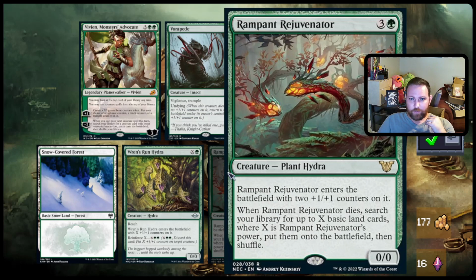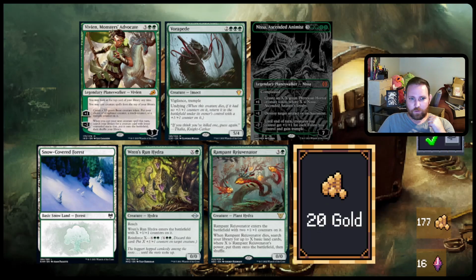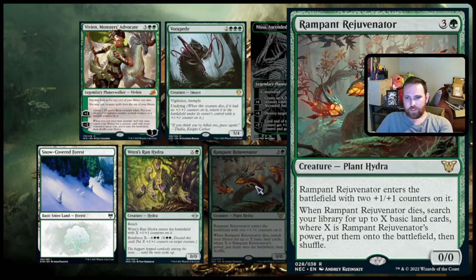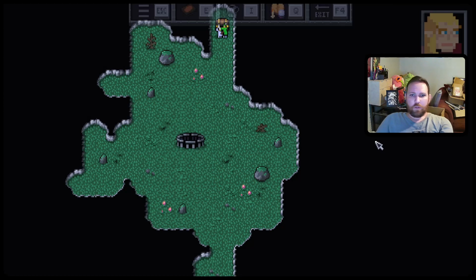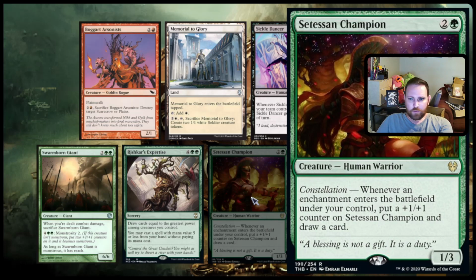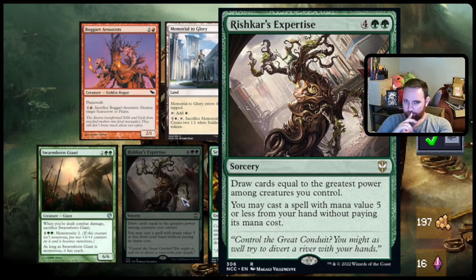And we got a 4 mana Hydra, Rampant Rejuvenator. It's a 2/2. When it dies, search for X lands where X is its power. Alright, well, if it's at least 3 cards that are going straight in the deck, I mean, this is pretty good too, honestly. It's a little awkward as a 4 mana 2/2. Three mana 1/3 enchantment, get a +1/+1 counter and draw a card. I really like enchantments. I'd love to be able to do an enchantment deck. That might not be possible, but